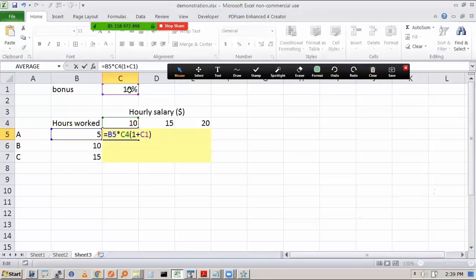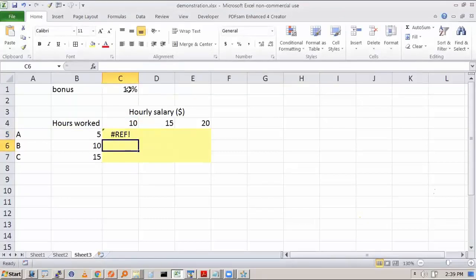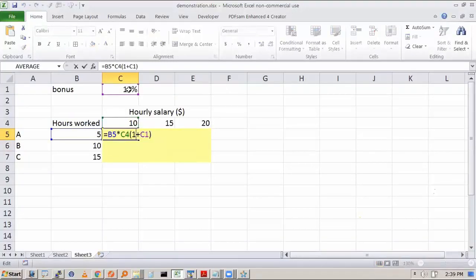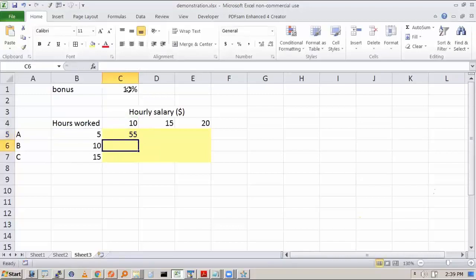But in Excel, it cannot assume anything. So when I press enter, you see it is giving some error. It is giving a REF error because it doesn't know what is the C4. So you have to explicitly write into after that.